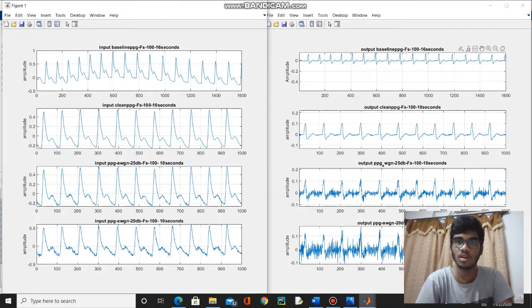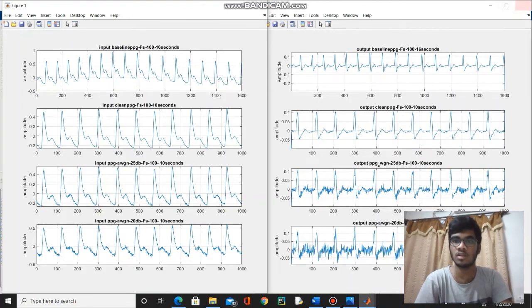In the third system, you can clearly observe that the low frequencies are attenuated, that is, high frequencies are present. So we can clearly say that the third system is a high pass filter. Similarly, the fourth system is also a high pass filter, as it is similar to the third system.